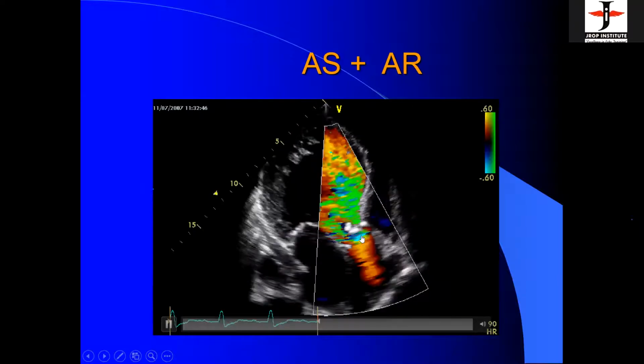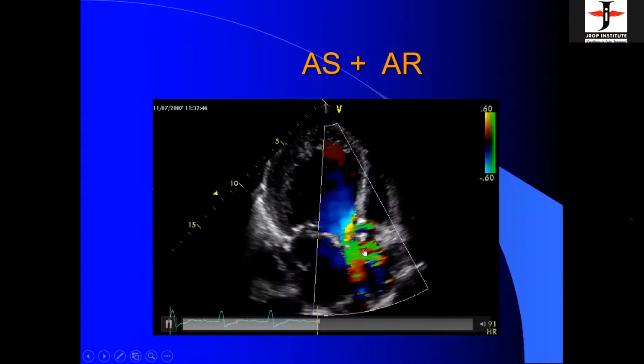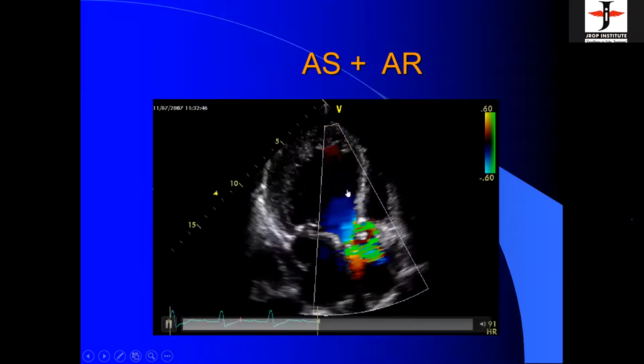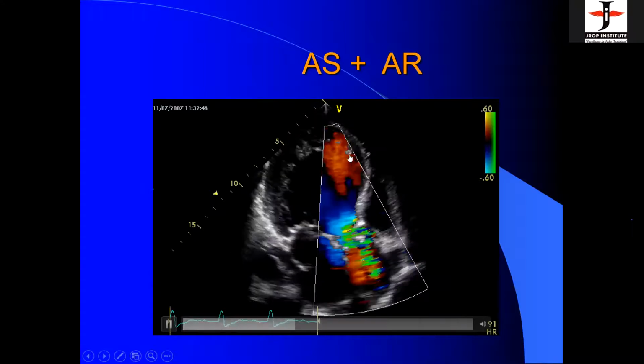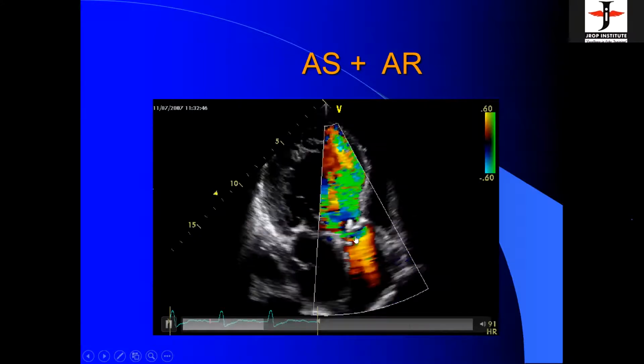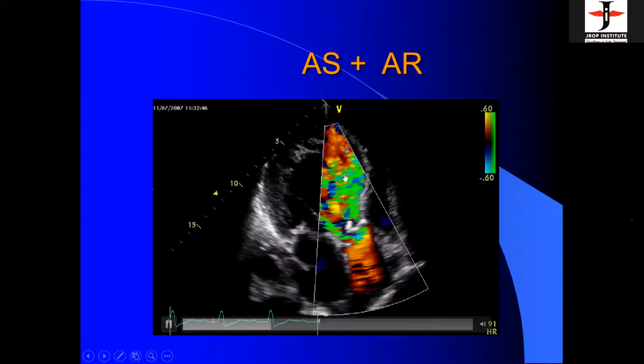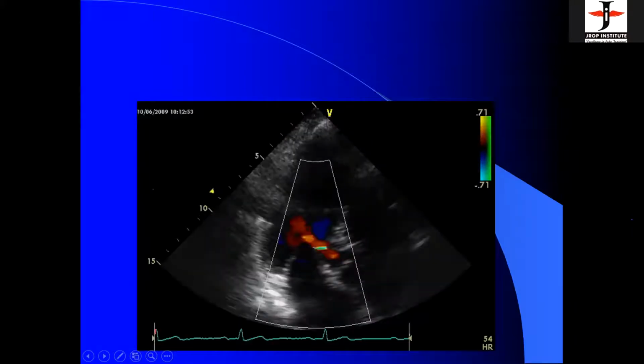You see a turbulent flow coming back here, and here you see a turbulent flow going towards the transducer. It immediately tells us that the patient has aortic stenosis and aortic regurgitation. Again, compared with this,